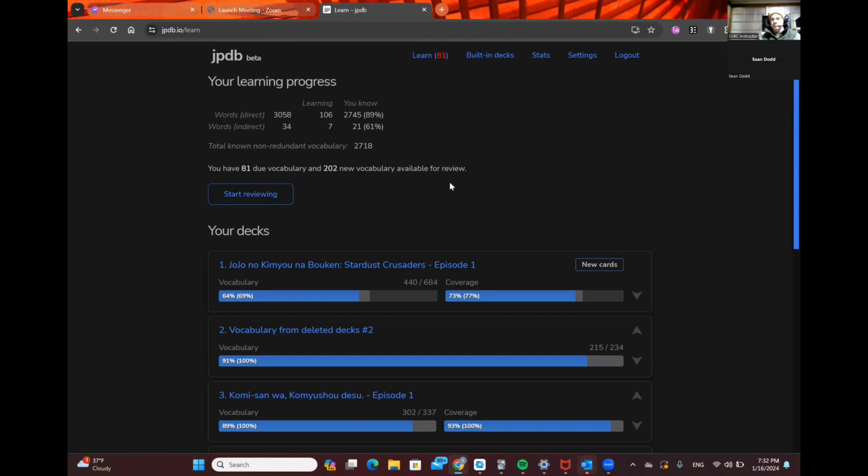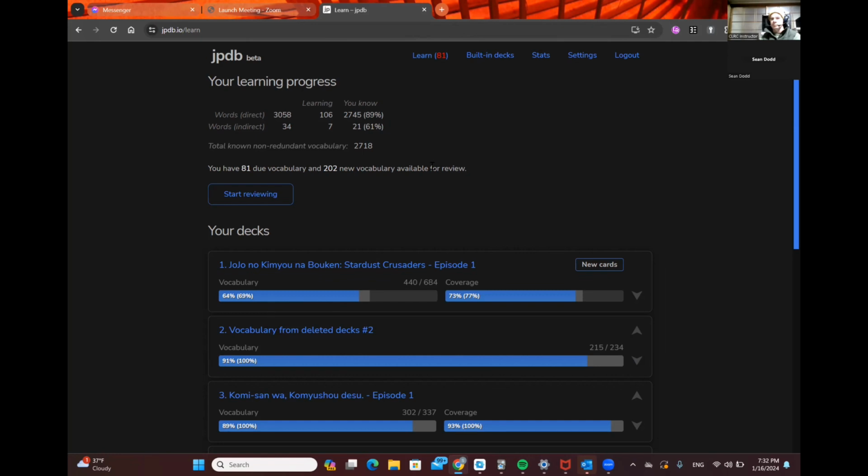Depending on your technological literacy, it can be harder or easier. It took a little bit of figuring out for me also. But basically, this is an SRS system, a spaced repetition system. So it's the same as WaniKani and Anki. It's the same technology, it's the same psychological principle.